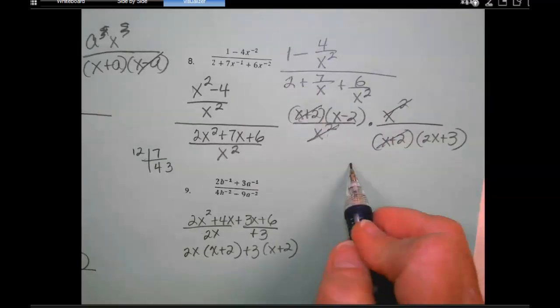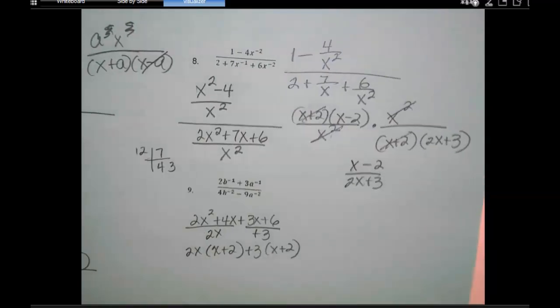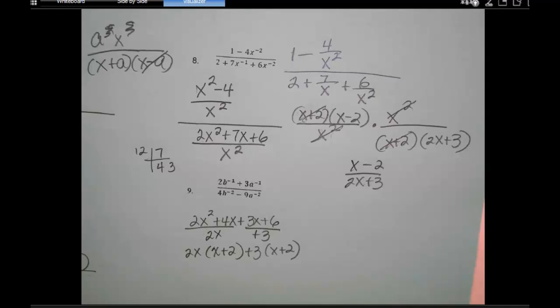And that leaves me x minus 2 over 2x plus 3. No crossing out the x's. Also no logs. And why did I not cross off the x's? So that's because